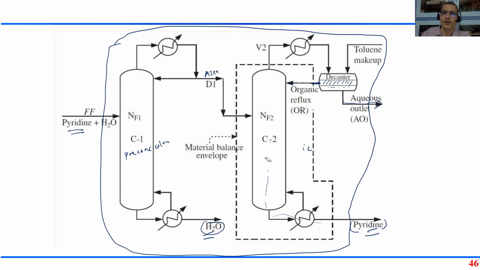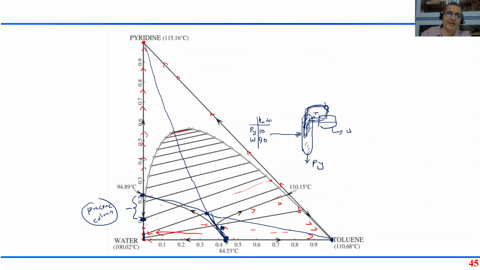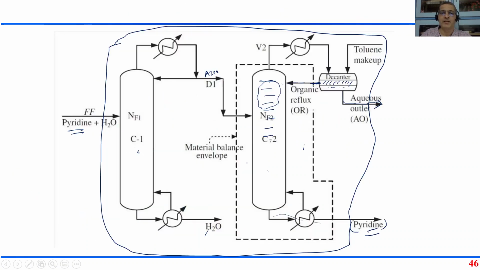So one more point that we have to be careful about, that in this column we can have two phases being generated inside the column, because toluene in this region, somewhere in this column, we could be in this envelope, we could be below this envelope, and we could have two phases forming inside this column itself. So I would better have a tray column here, because if I have a packed column,